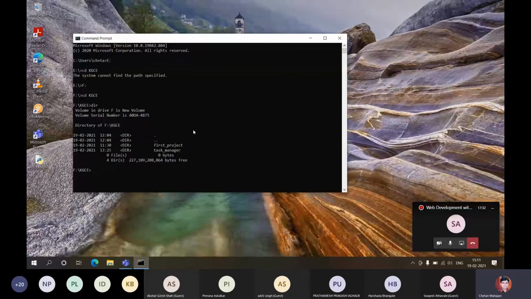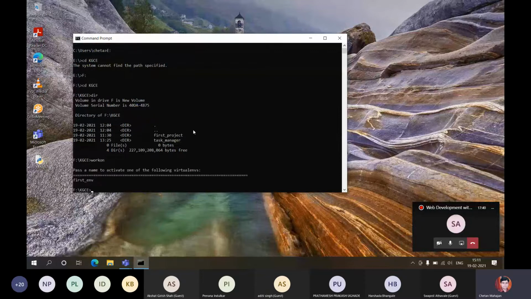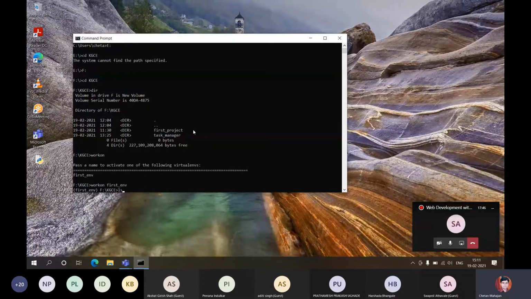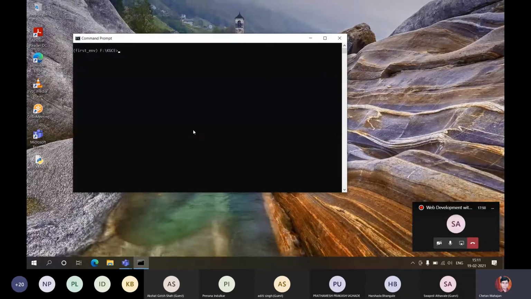Right? I'll be creating a new project, but before that, I need to go into my virtual environment, and the command is workon, right? Workon first_env. Right? Now I'm in the environment. Okay. Let's start. So django-admin startproject